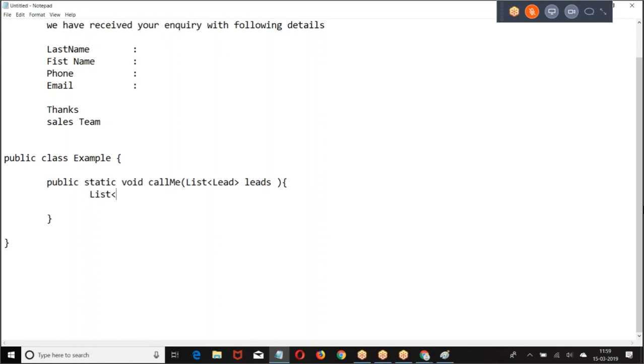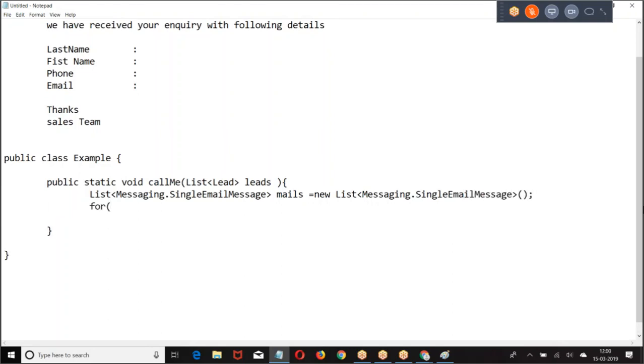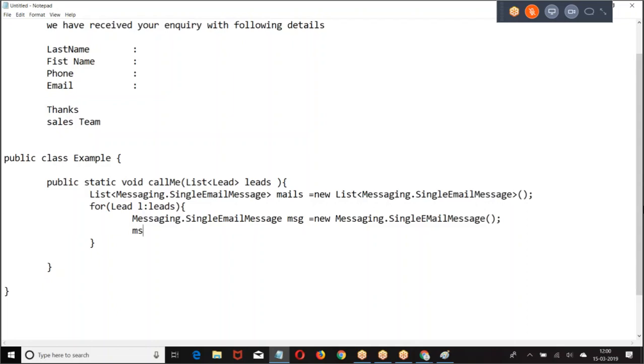How you are supposed to do? Then we are going to create a Messaging dot. Message dot set.